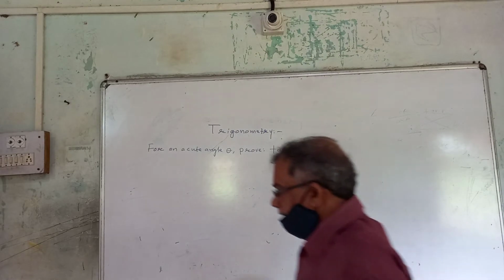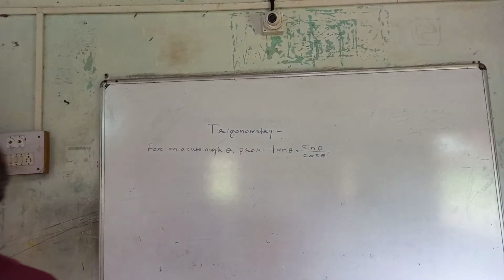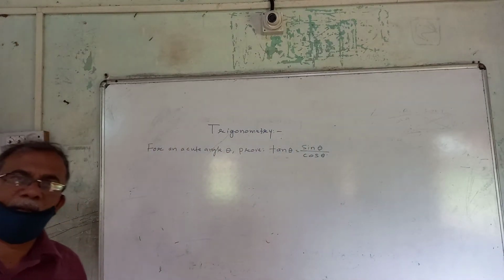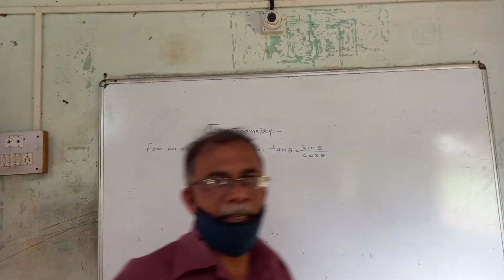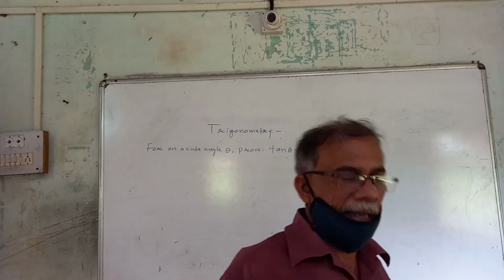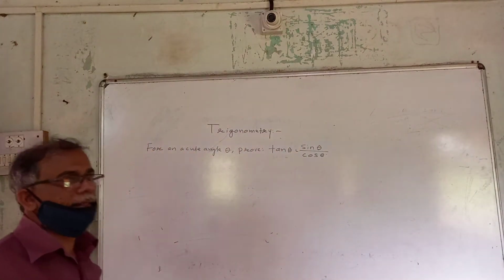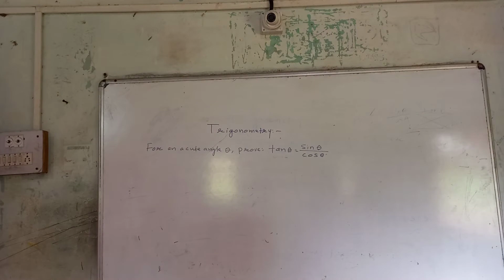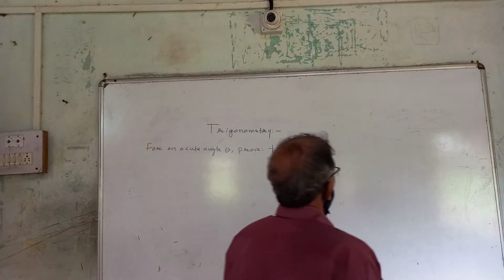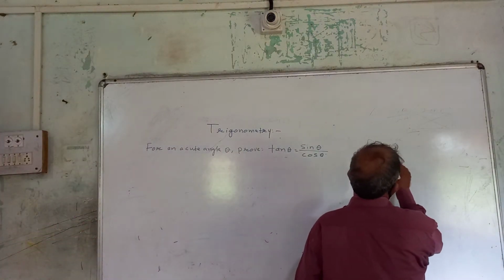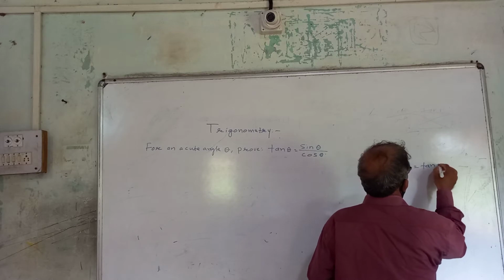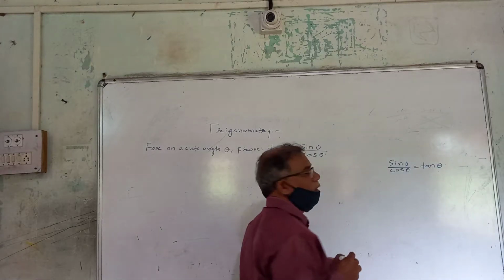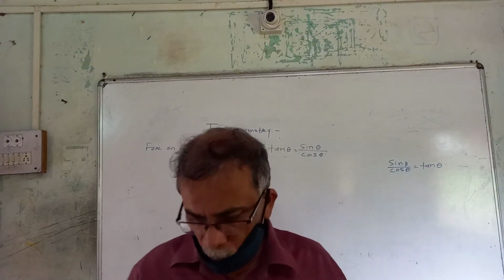Now, we have studied so many trigonometric ratios for an acute angle: sin theta, cos, tan, then the inverse of sin is cosec, the inverse of cos is the sec ratio, and the inverse of tan is the cot ratio, isn't it? I had also told you that we have one relation: sin theta upon cos theta is equal to tan theta, the tan ratio of the acute angle. Now we can prove this.